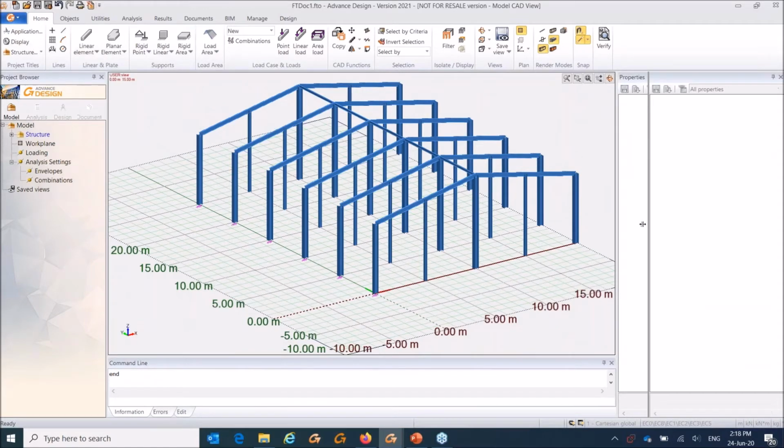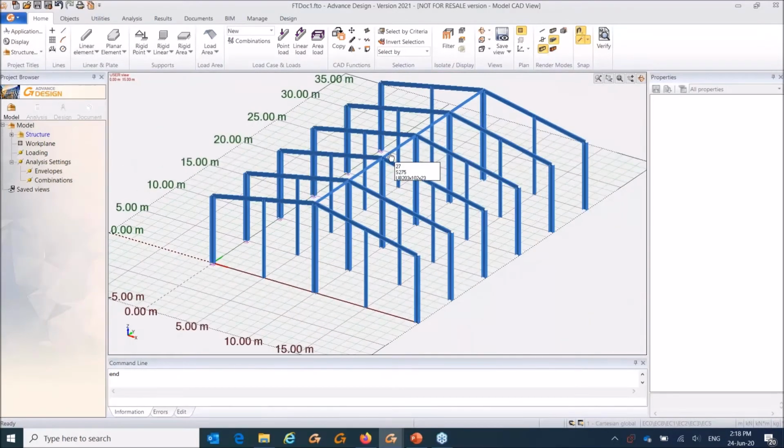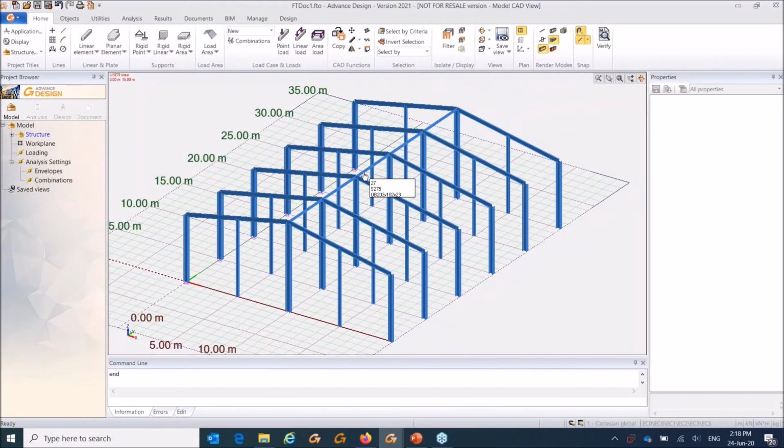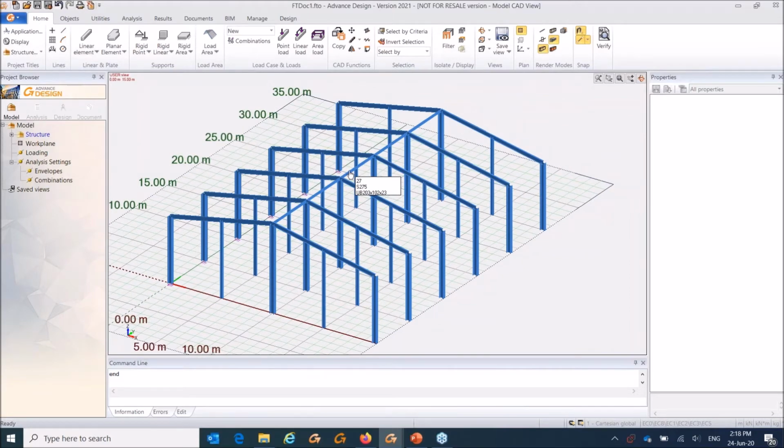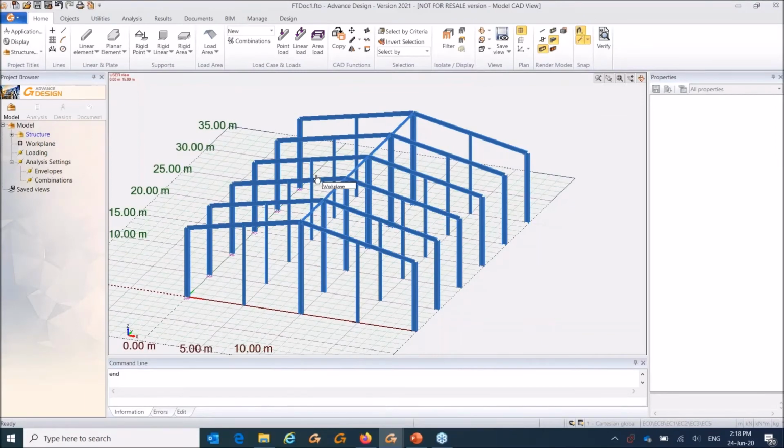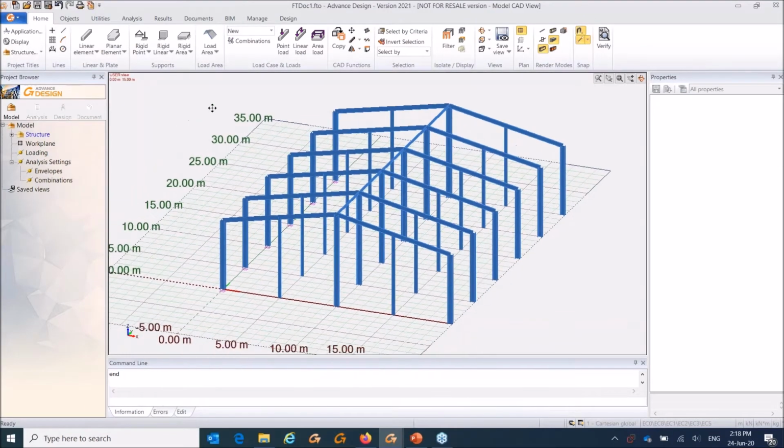Right, so I won't spend too much time in this sketching part because I also want to show you some of the design parameters, how to use them, how to activate them, and so on. So what I will do now